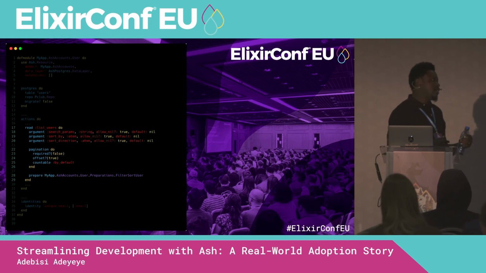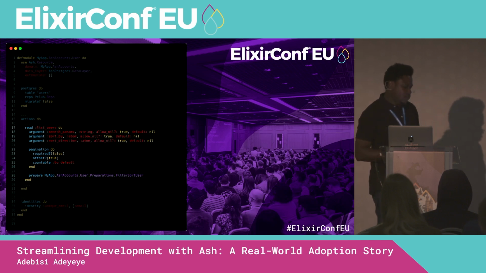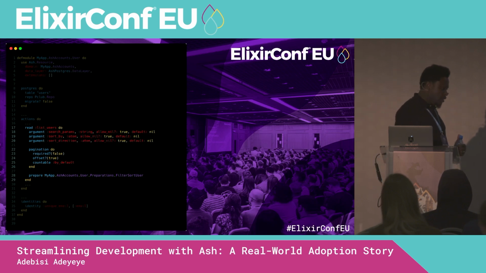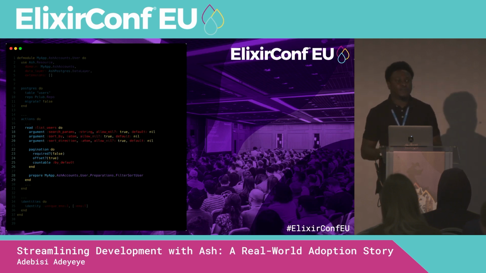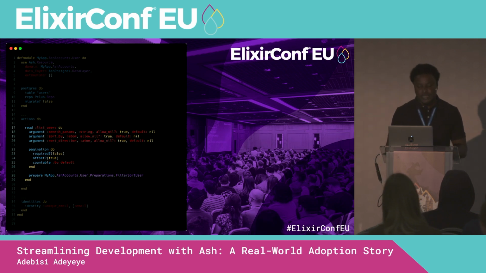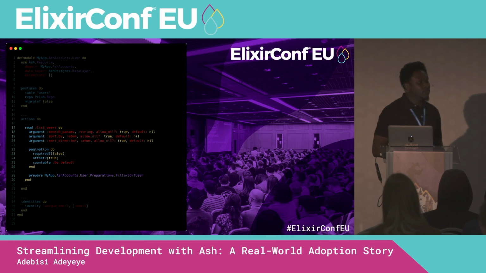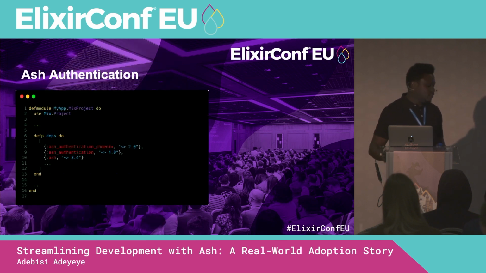But mind you, we already have phx.gen.auth in place. But then we also thought about it, with phx.gen.auth, you don't get automatic updates if a vulnerability is discovered in the implementation. For you to fix that, you have to go in manually and fix that. Or if there's a fix using Igniter, but as of the time of preparing this talk, there is no such thing. So we thought, why not do this with AshAuthentication?